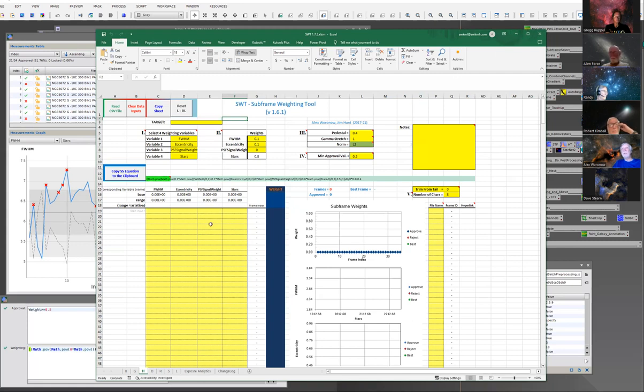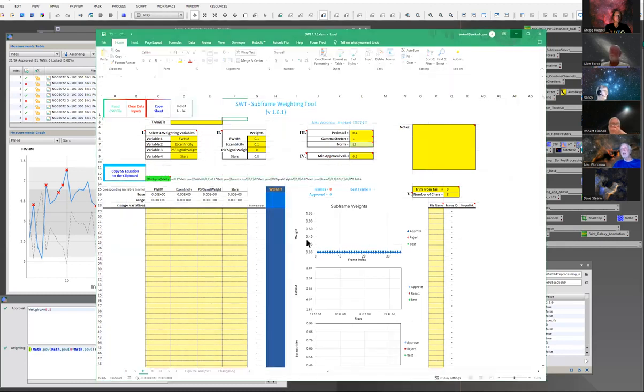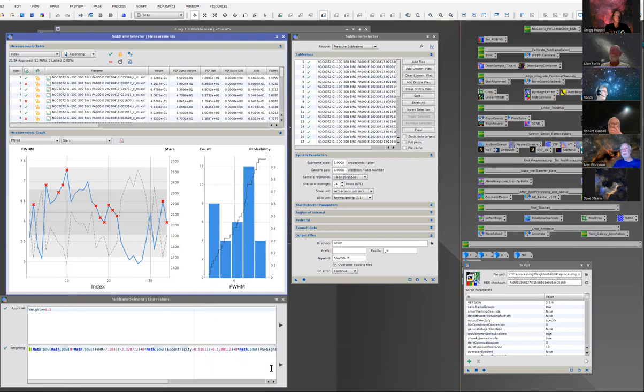When you save the images, output the images from there, I'm sorry. You can copy the equation you come out with here, paste it into here, click the little arrow, and it will weight your